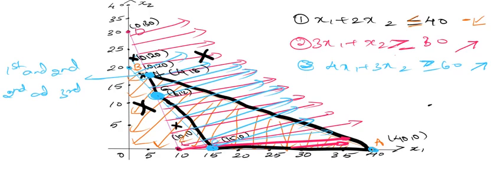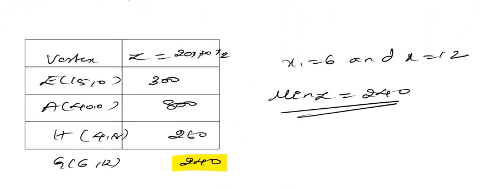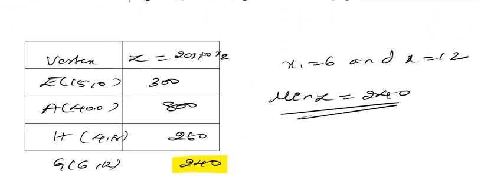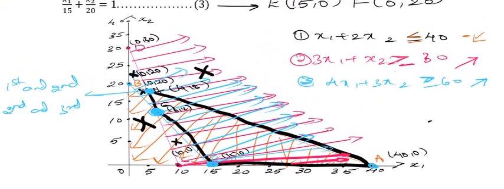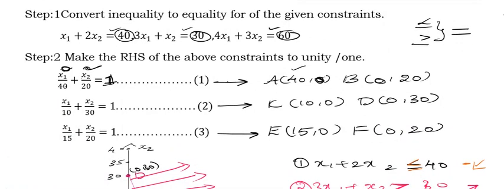So once you know all the intersection regions, tabulate it and put those corresponding vertices. Based on the type, minimization means take the minimum value. Maximization type means you take the maximum value of the obtained Z. So this is all about minimization and maximization type. Very important, when you have a less than or equal to constraint, use the downward arrow mark. Greater than or equal to constraint, greater than or equal to means you have to use the upward arrow. These are the only two things you have to keep in mind.